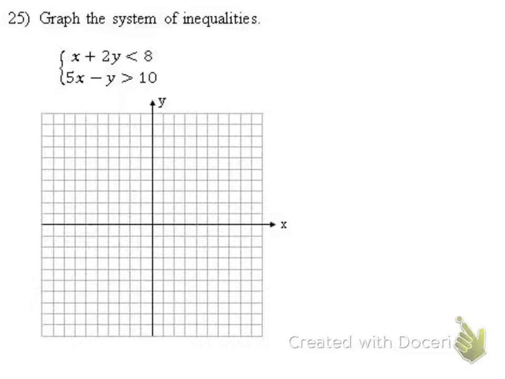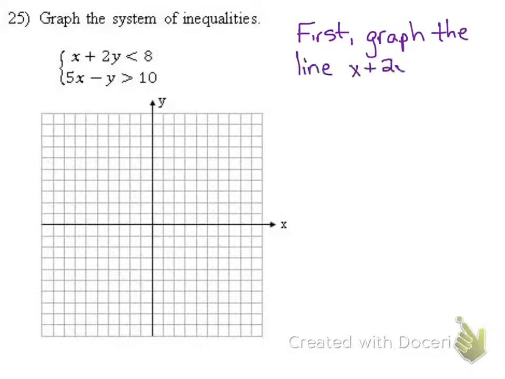Then we need to determine what type of line to use, whether it should be dotted or solid. Then we need to figure out what side of each line we should shade using a test point. With a system, we're looking for where our solution regions overlap. So first we'll graph the line x plus 2y equals 8, and we can get that graph by finding x